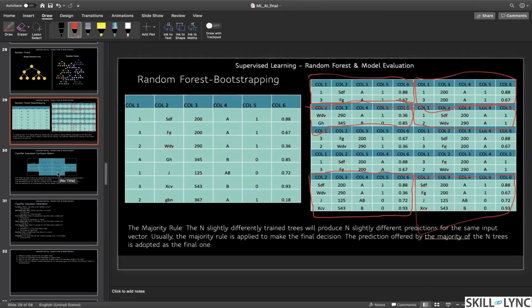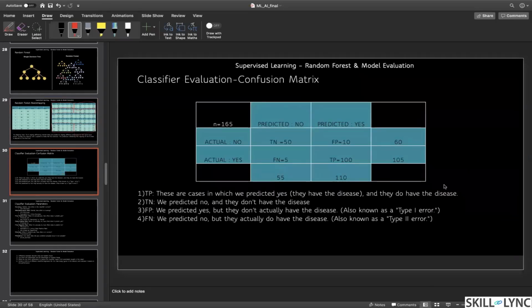Now we have learned so many classifiers. Okay. Now how to decide the accuracy? I think I've already talked about this, but still I wanted to talk to you about this with the help of this small confusion matrix. Let's say you have, I think while drawing I have drawn in this way, right?